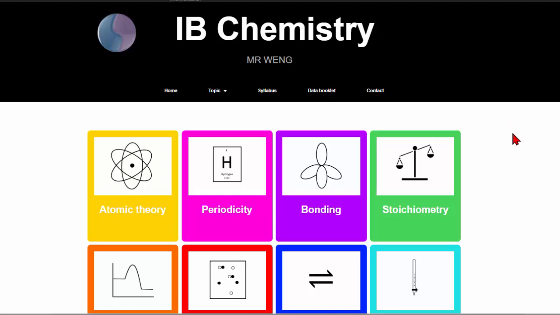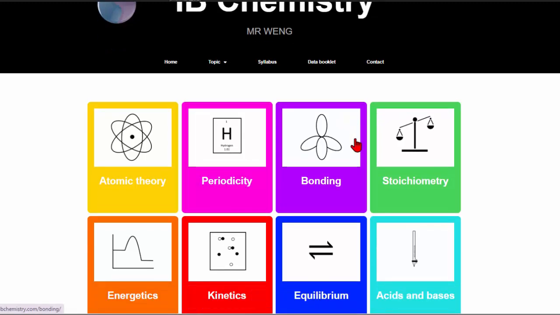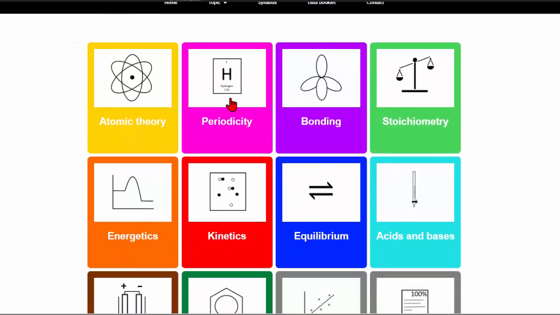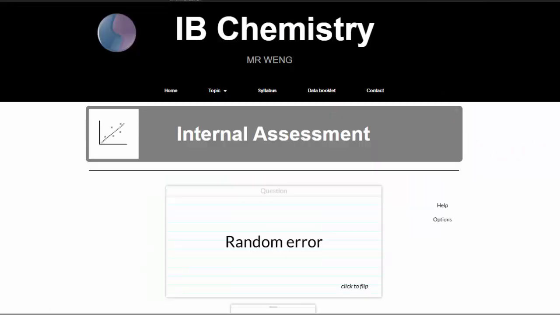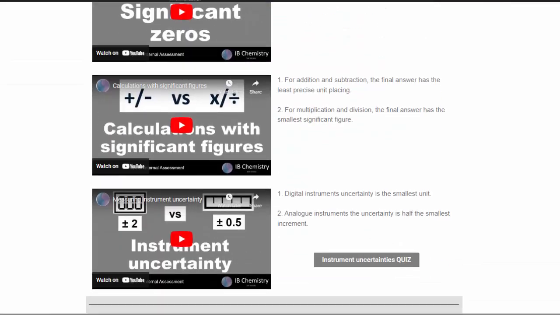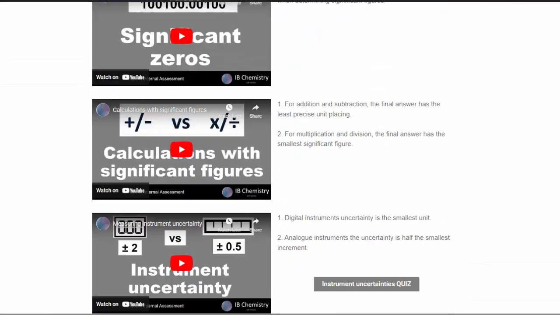So this is just a quick introduction on how to use the website. The first thing you want to do is choose one of the topics that you're doing. Don't forget the internal assessment there. If you click on that, that is actually a topic where it's got all of the other calculations leading up